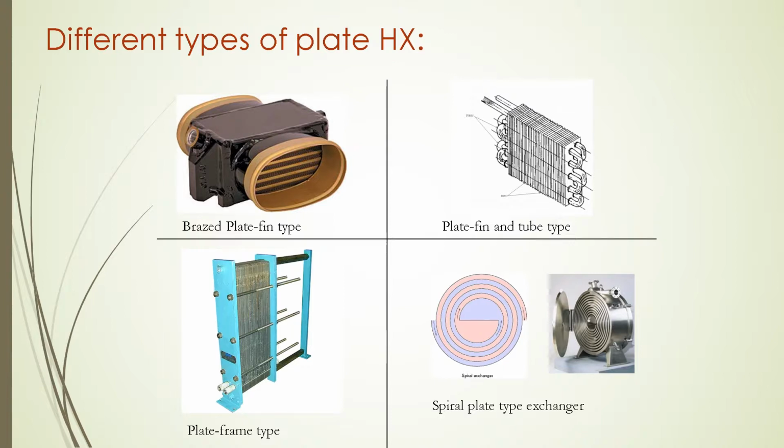Moving to a plate frame heat exchanger, they use metal plates to transfer heat between two fluids, and their major advantage is that the fluids are exposed to a much larger surface. Lastly, spiral plate heat exchangers are made of two concentric channels on which spacer pins are welded to form the channel's gaps. Each channel gap and the width of the channel are selected to meet a specific requirement